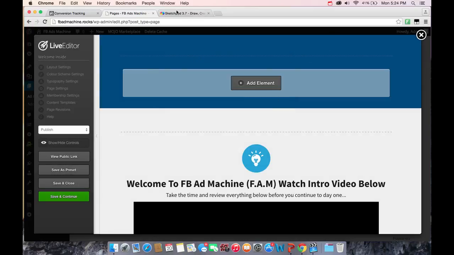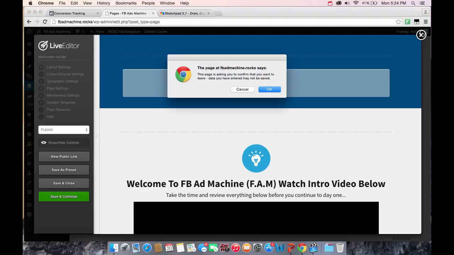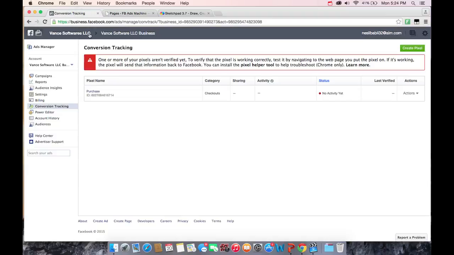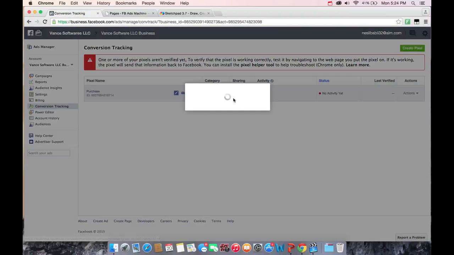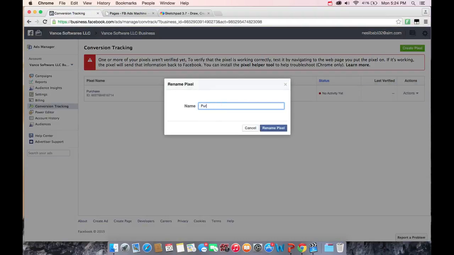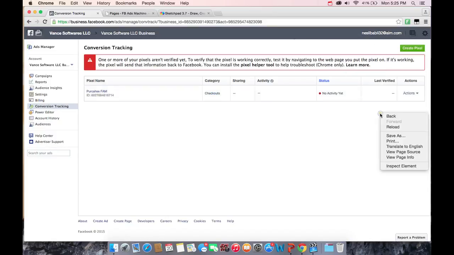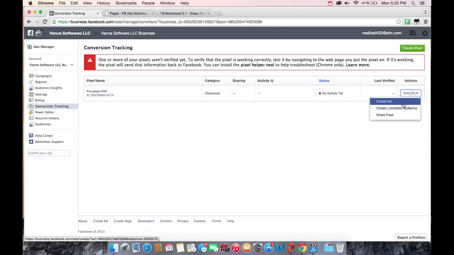Now, all you have to do is put it in the head text. That's all you have to do. Let me hit save and continue to make sure it's there. Perfect. So now somebody just purchased. Let's go back: purchase, Facebook's ad machine, rename pixel, boom. Checkouts, sharing none, activity none yet, last verified nothing. So awesome. This is all you have to do to track your conversions,